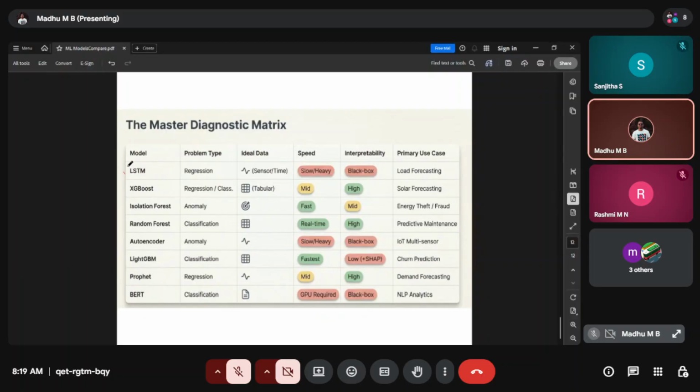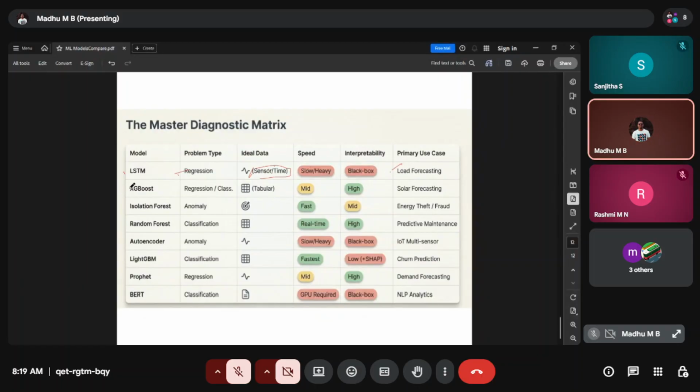The first model, LSTM, is for regression, best suitable for sensor and time series datasets. When it comes to speed, it is slow because it is heavy computationally. It is a black box, and its primary use case is load forecasting.